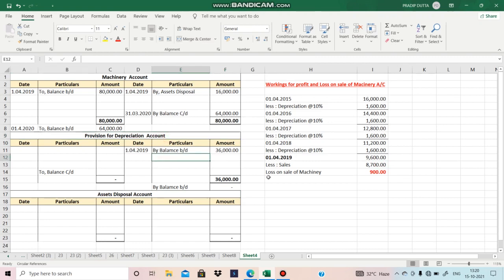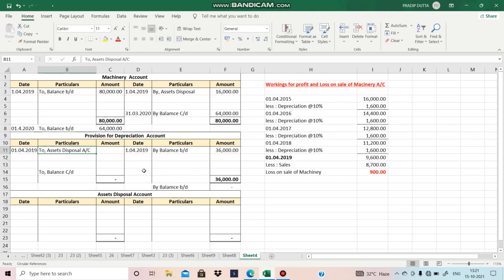Now the provision for depreciation. One thing you have to do: 1st April, you have to write to asset disposal account. What do you mean by this asset disposal account? Technically, asset disposal means the depreciation of the sold machines from the date of purchase to the date of sale. So from the date of purchase to the date of sale, what is the total depreciation of such particular machines